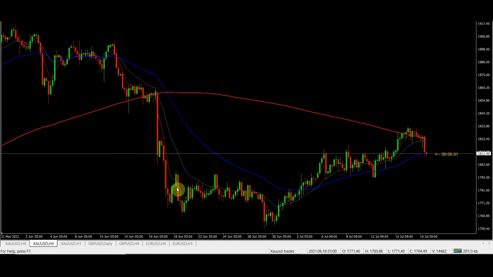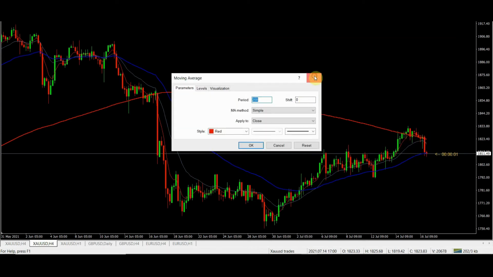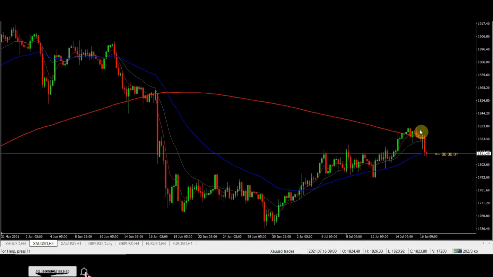All right, so recently we had it test the 200 moving average, the 50 moving average, the 18 moving average, and the 6 moving average. So we had it test this 200 simple moving average. I hope this is a simple moving average. Yes, it's a simple moving average. During the previous week it couldn't break it, came back to retest the 50 MA.